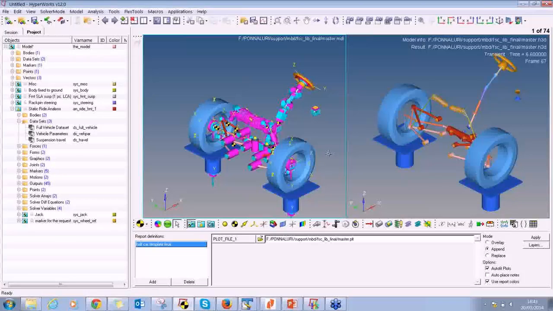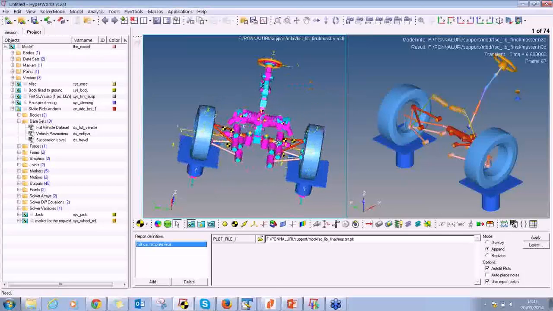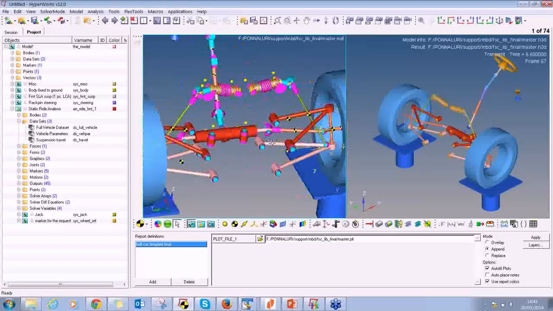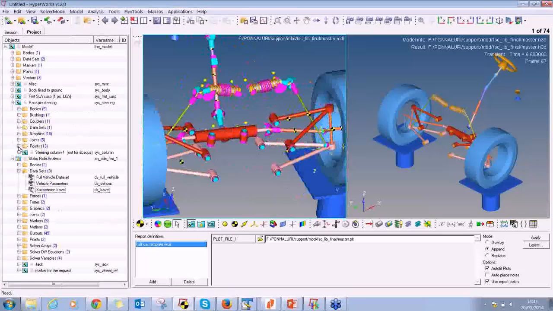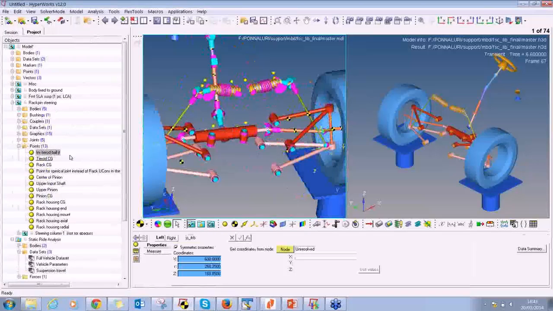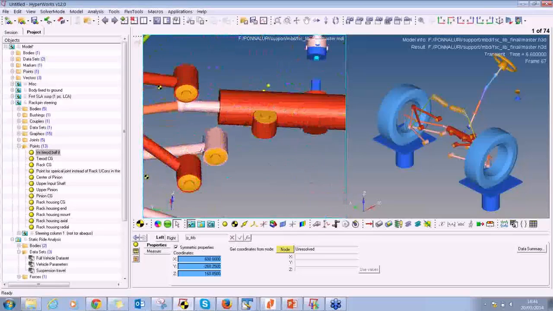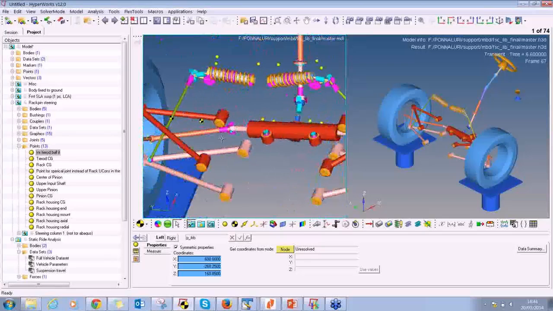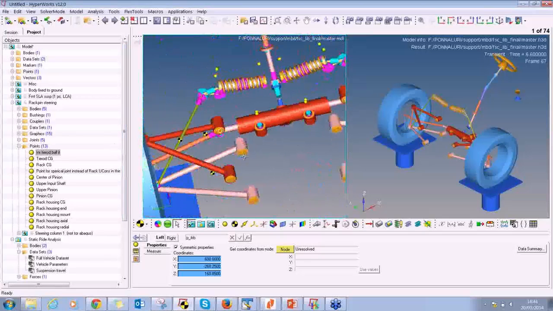Now I would want to show you how to use HyperStudy to optimize our toe curve. So as I had told you earlier, we will be choosing the inner and outer tie rod points. Let me show you where they are here. So the inner tie rod ball joint is located in the rack and pinion steering system. This is the joint that we are talking about. So changing the location of this is going to affect your toe,